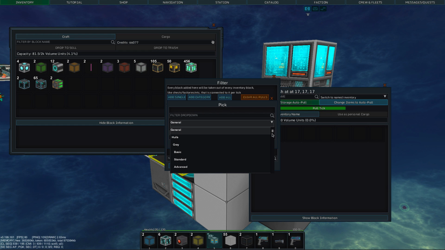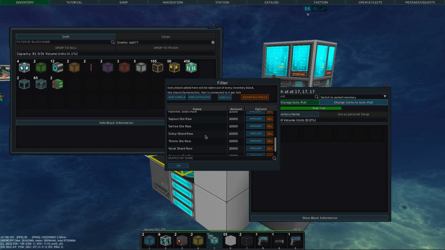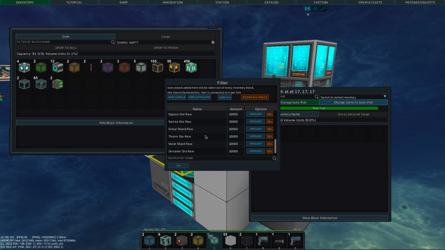So what I basically want is just all the resources from the asteroids, right? And those are resources, raw, 10k. Bastine shard, ferret keen ore, Hatal shard, highlight ore. That looks good. Strength, Cynthia, Certis. Okay, so these. Then we want all the...